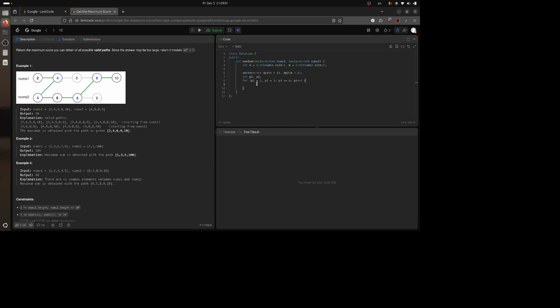So that means that dp1 at p1 is equal to dp1 at p1 minus 1 plus, so either p1 is 0 or p1 is 1, or nums1 at p1 doesn't equal nums1 at p1 minus 1. Okay, so it's 2, and then it's going to be